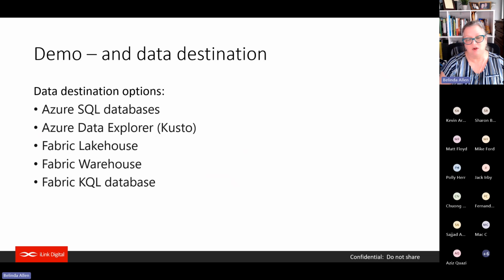Here are some of the options where we could have stored our data, either in an Azure SQL database or Azure Data Explorer, which is a Kusto database, a Microsoft database for really large, massive datasets. Often it'll be used for real-time data, like watching the weather on a buoy, which pings every minute and a half with the wind, the wind gust, the temperature, and so forth. A lot of those can deal with that.